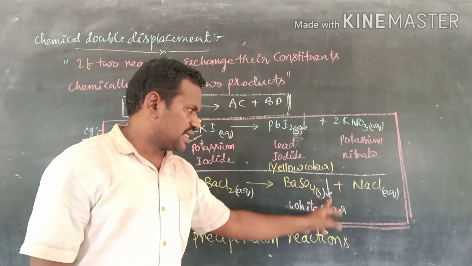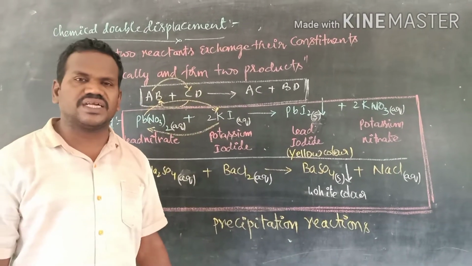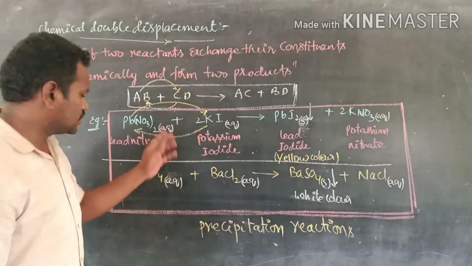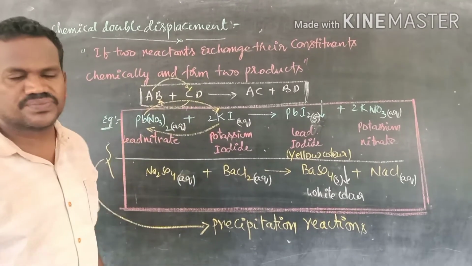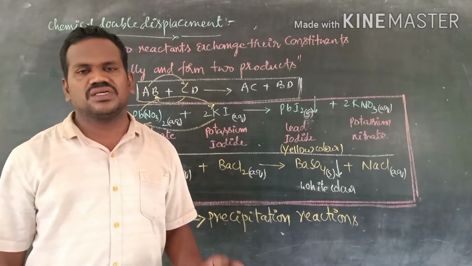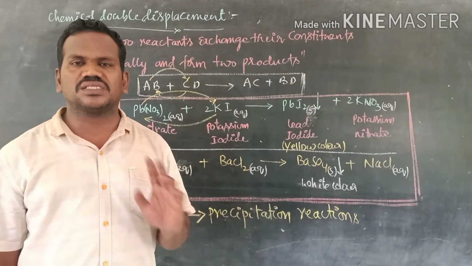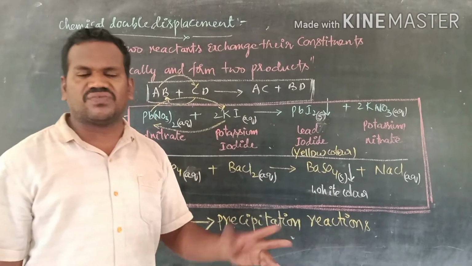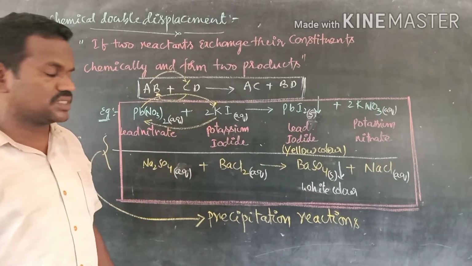See that the arrow is given in the downward direction, that indicates a precipitate. Upward direction indicates it is a gas. Now sodium chloride aqueous solution is formed. These two are examples of precipitation reactions. Now what is a precipitation reaction? The chemical reaction in which one of the products is a precipitate. Such reactions are called precipitation reactions. The precipitate may be white or another color, whatever it may be.